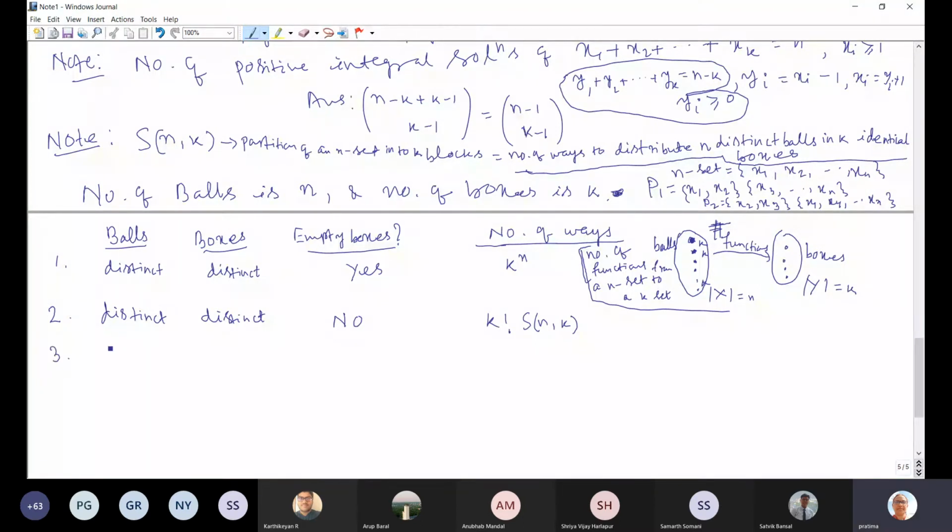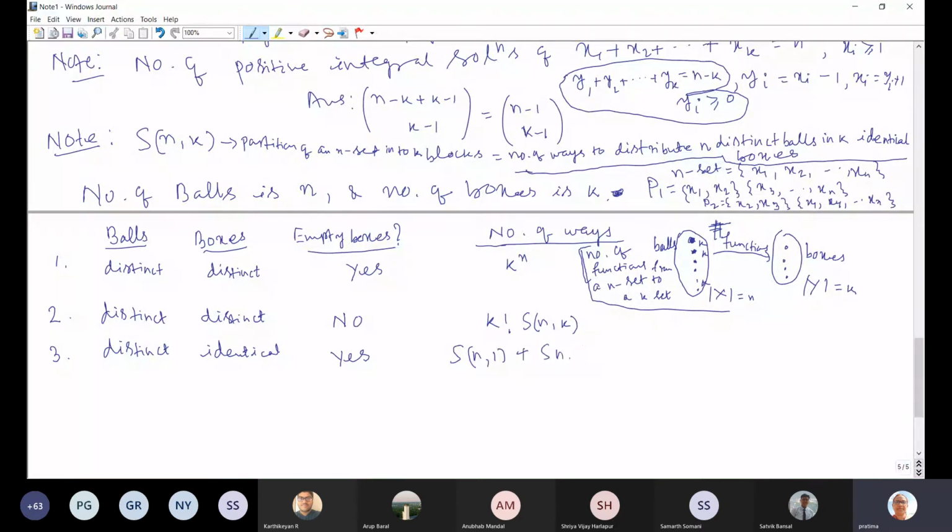So this third one, I will go to the next: distinct balls and here identical boxes. You will be able to answer this. And here some boxes may remain empty. Okay, some boxes may remain empty. So what will be this one? Whether you will get this SN1